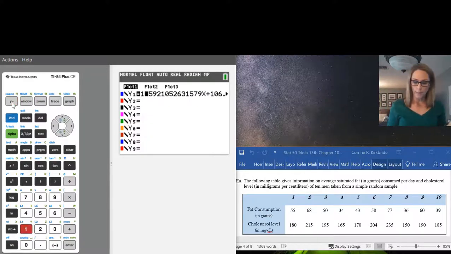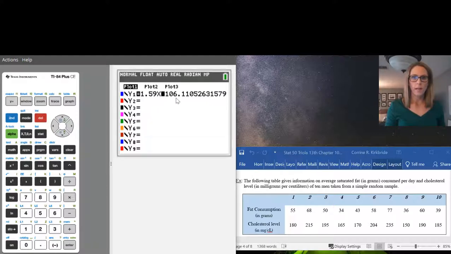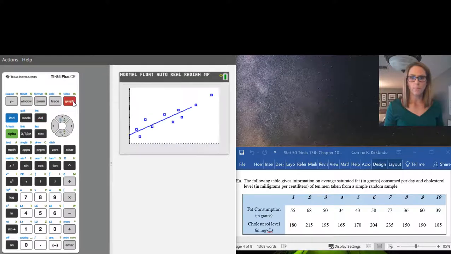And so typically that might be 1.59, and then I could just do the x then and not have all those extra significant digits and stuff. And I could also, if I wanted to, do 1.06. And this is just, it's giving you the most exact answer because it's giving you all these digits. But if I did this and then press graph, you're going to see the same thing. Slightly different just because of not having all those same digits, but it's still the best fit line here, just to 3 significant digits.